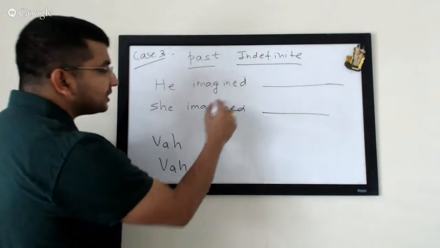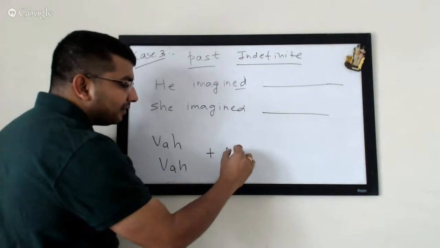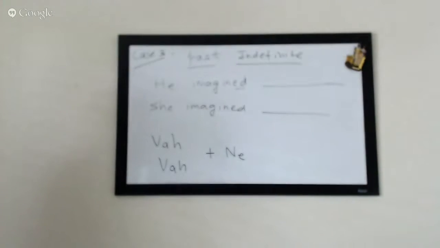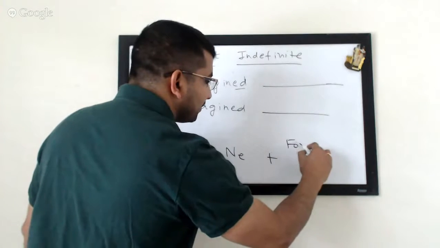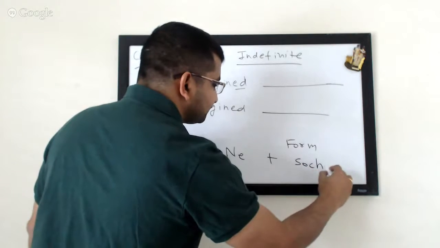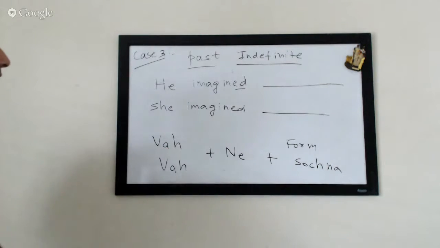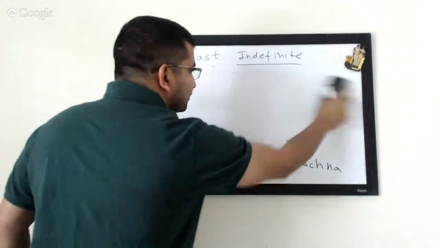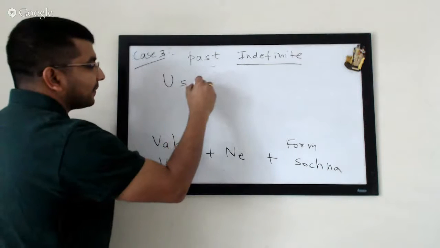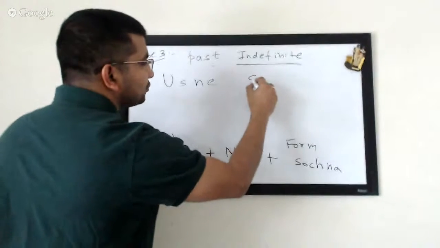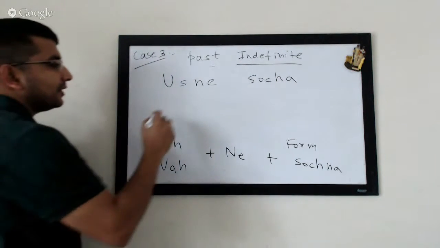And after that, because it's past indefinite, and it's a transitive verb, you know that there will be a ne, right? A postposition. And after that, you have a form of sochna, right? And you know that whenever you have vah plus ne, that would be, as some of you rightly pointed out, usne. And in the past, it would be socha, usne socha. Okay, and you will say